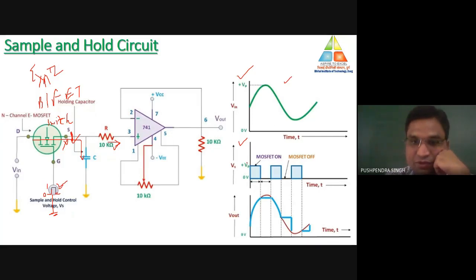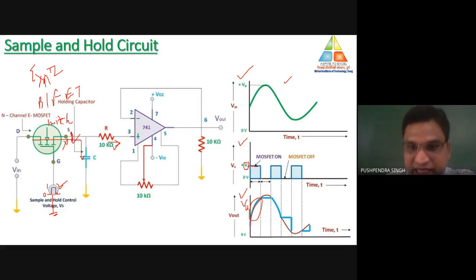When the level of this input voltage is Vp, the peak input voltage, on that condition, the E-MOSFET is in on condition. When the E-MOSFET is on, this is the output now. Output means the total voltage across the capacitor. It shows the voltage across the capacitor, which can be written as VH. So when the E-MOSFET is on, we are getting the output, or the capacitor is charging. You can see here, in this particular time, the capacitor is charging the same as the input sinusoidal waveform.